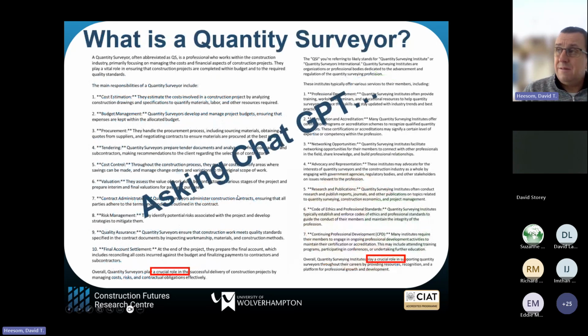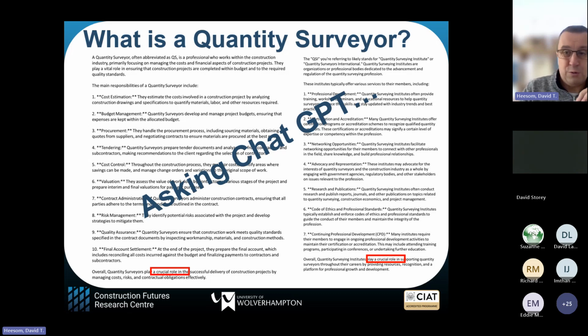And if you ask GPT, what's a quantity surveyor? That's what it will spit out at you. And if you ask it, who was QSI? It will spit this out. And it's interesting, because if you start to look over, it picks up a few similarities, different things. But one thing that jumped out at me when I generated these was, when I asked it different things about quantity surveying, it popped up this: play a crucial role, which I'm sure everybody on this call will say it is a crucial role. But where that's come from, if you start to look,